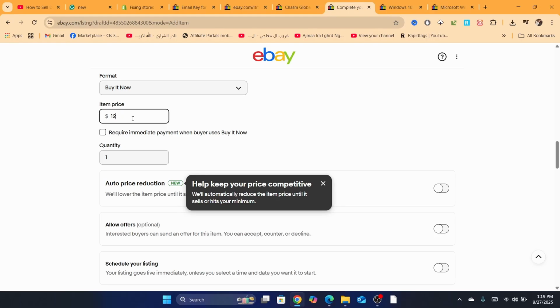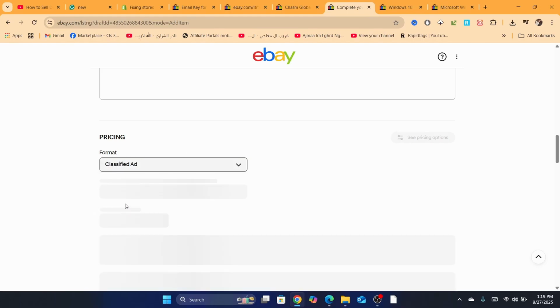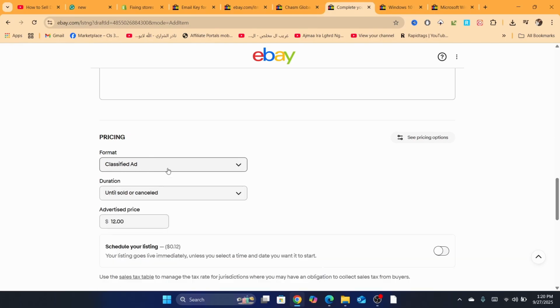for example $12. Like I said, you just need to add here 12. I'm going to add $12, but you can add whatever price you are comfortable with. Here for the format, here is also another trick. You cannot use buy it now. You want to select classified ads, okay? This is for digital products only. Classified ads. And here, as you can see, you can select 30 days or until sold. I'm going to go with 30 days